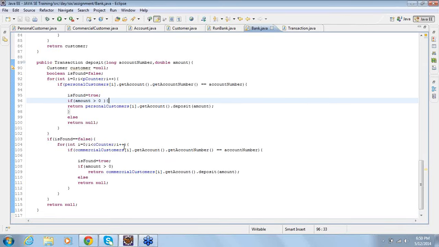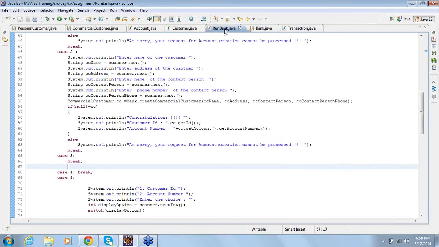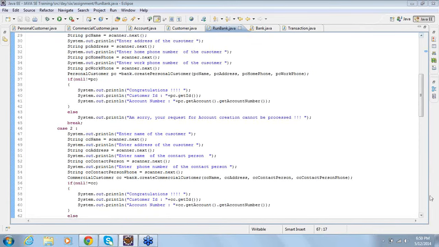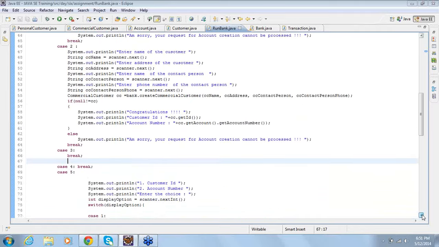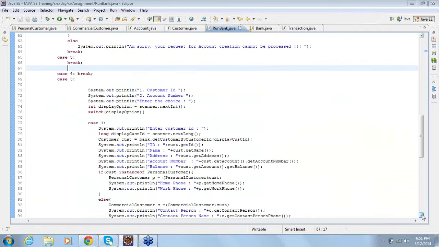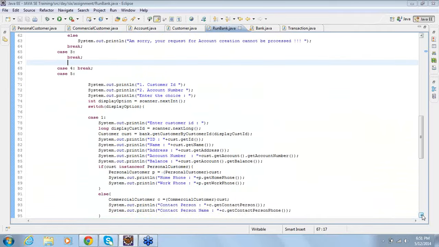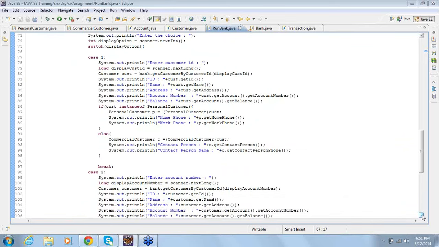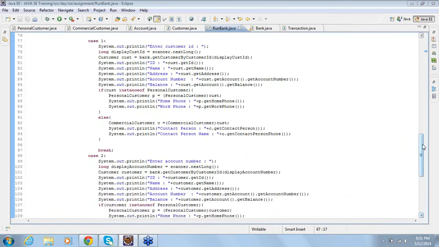So here we have a deposit method, and I perform the deposit with the help of account number. But if you look at the run bank and the way I displayed the customer details, right? When somebody wants to see the customer details, that is your case 5, then I ask them whether you want to see the details with the help of a customer ID or account number. Then there is a case 1 and a case 2 in the case 5.